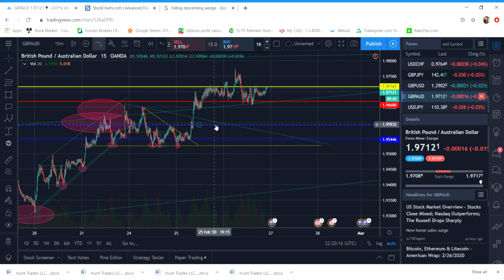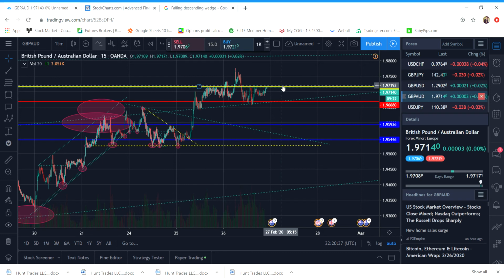1.95936 I think was the entry, and then we rolled this thing all the way up, and then we got stopped out. I think I had my stop right underneath this. Oh yeah, this was my stop right here. So we got stopped out last night while I was asleep pretty much. So this was our trailing stop that got hit, and now we're still